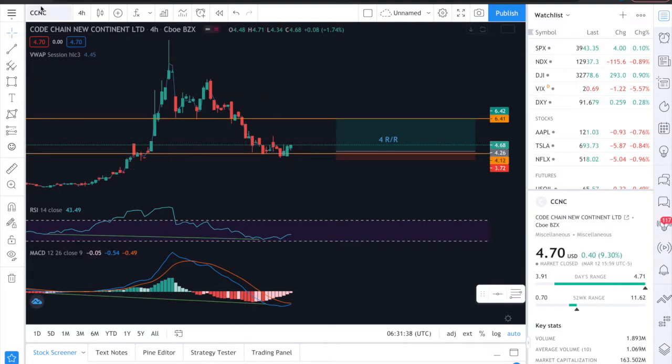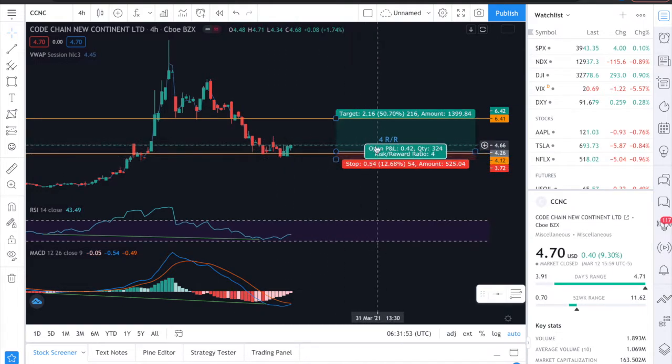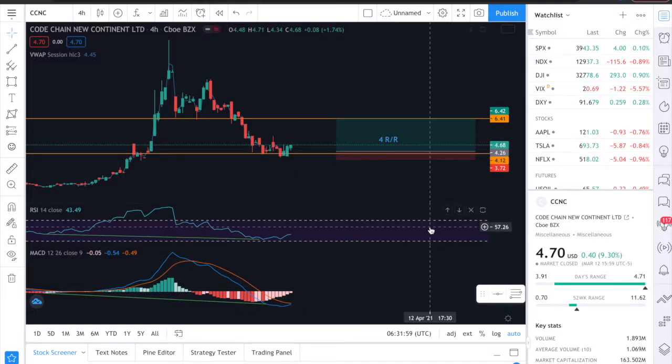The next Bitcoin stock, and the last Bitcoin stock I want to talk to you guys about, or for those of you guys that don't know, EBON is going to be like a competitor for Coinbase, where you could buy your cryptos. CCNC isn't too late to buy. It's a little bit riskier here. There's just a little bit more downside, so the risk reward won't be as good, but it's still fairly good. So here I'm aiming for a 50% return. I went ahead and purchased at